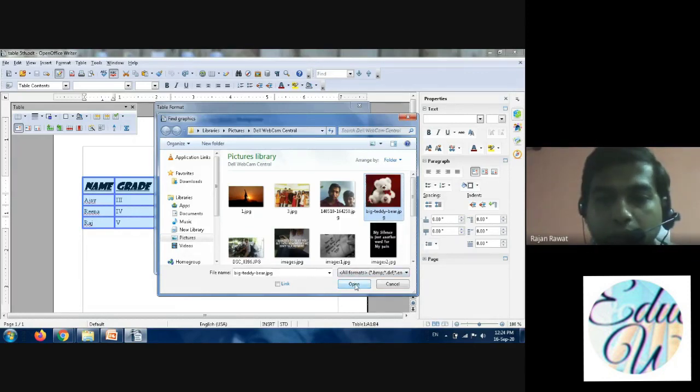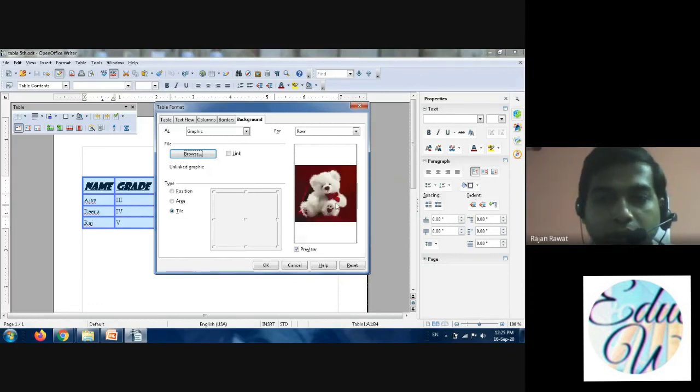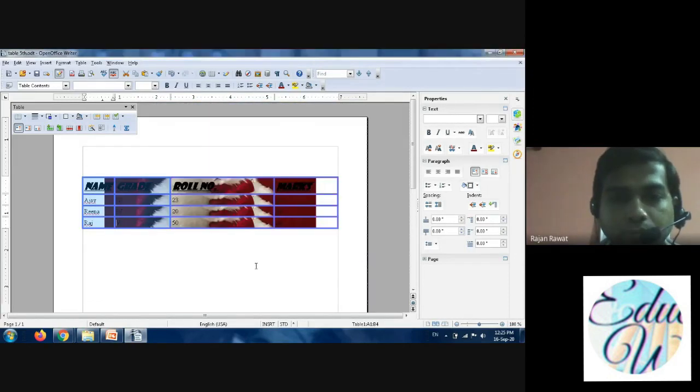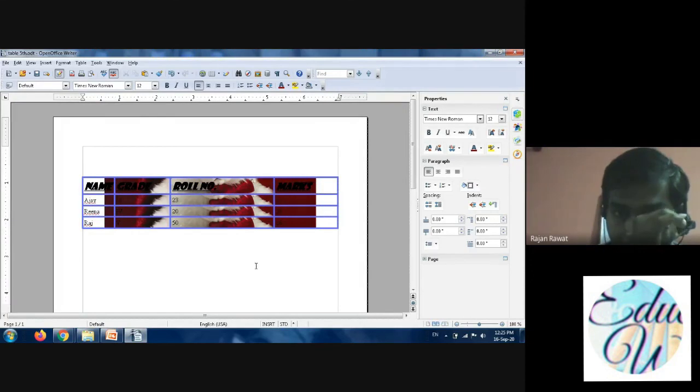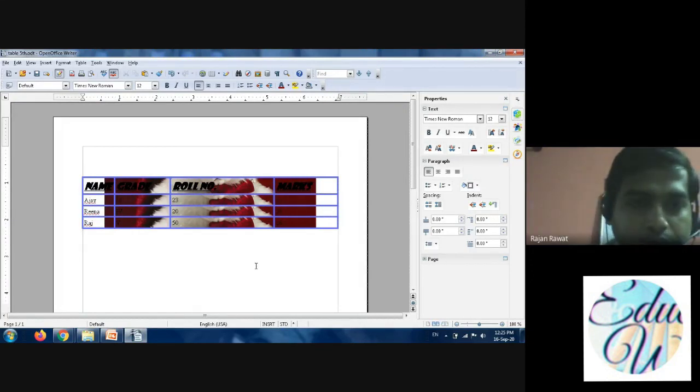Then you can click on open. As you click on open, you can see a preview of your picture on your screen. Then you can select area or tile or position. I'm selecting position this time. You can click on OK. Now you can see that the image of teddy is placed at the background of the table.